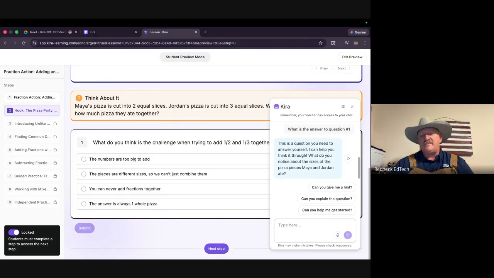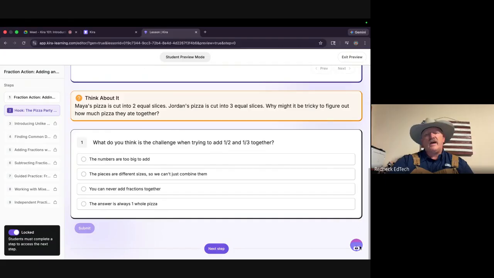What do you notice about the sizes of the pizza pieces, Maya and Jordan A? Now you see where we're going. Kira redirects and helps tutor the student, but won't give direct answers. That's why I like the AI tutor that's there. Some of the concepts as they get older become more in depth. And these advanced concepts that AI tutor can really help them put the pieces together.